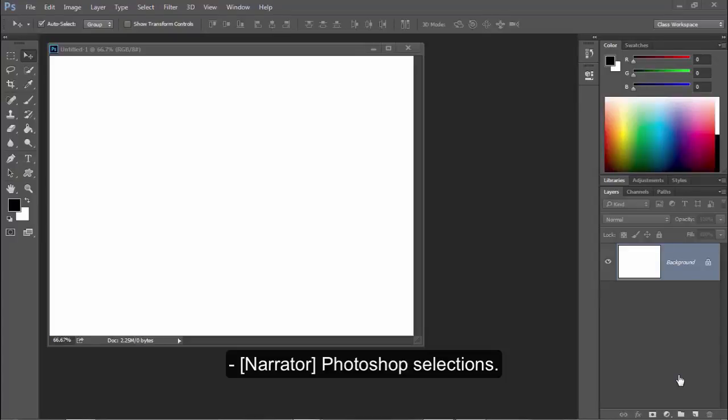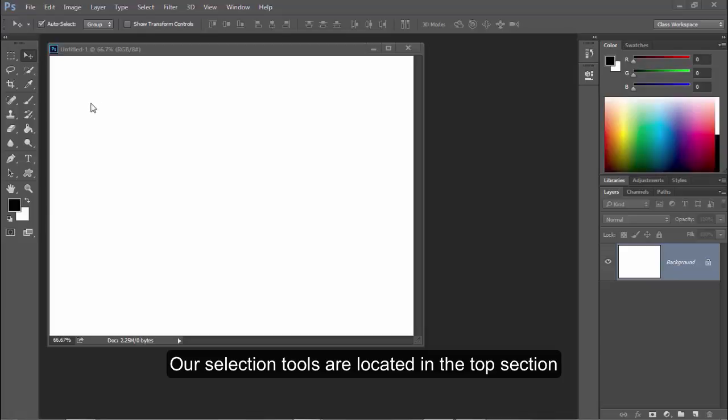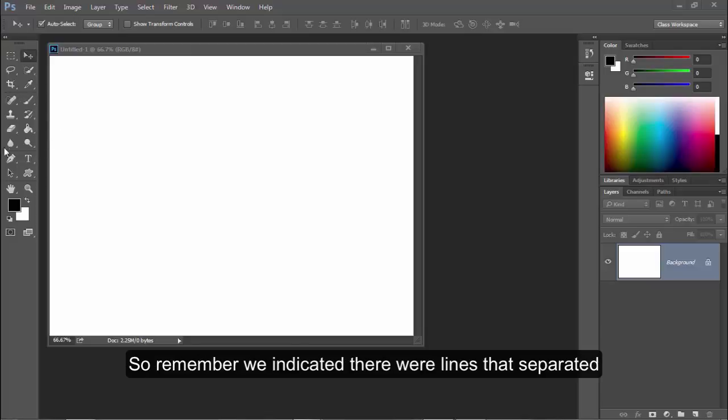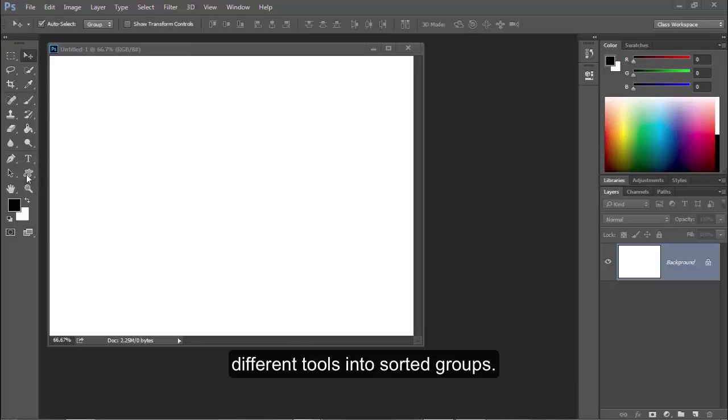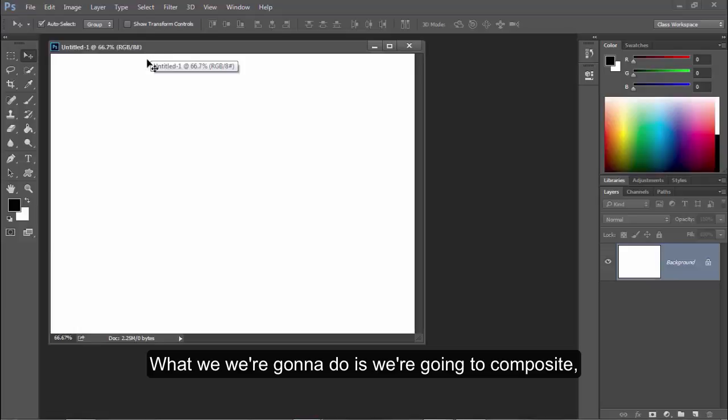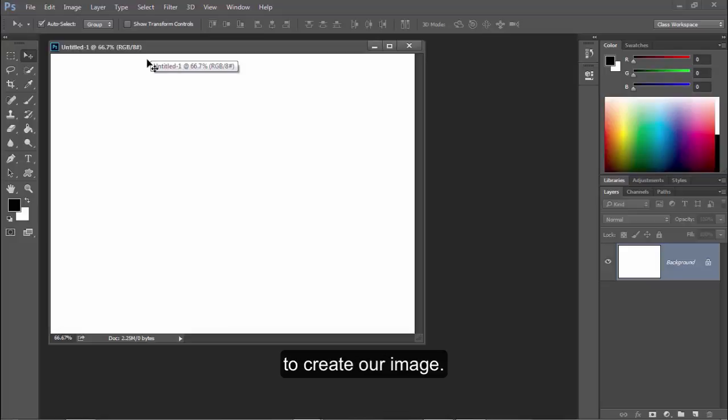Photoshop selections. So a little bit of basic information and introduction to Photoshop selections. Our selection tools are located in the top section of our toolbar. So remember, we indicated there were lines that separated different tools into sort of groups. So the top area is where we have our selections. And what we're going to do is we're going to composite, meaning combine images from different sources to create our